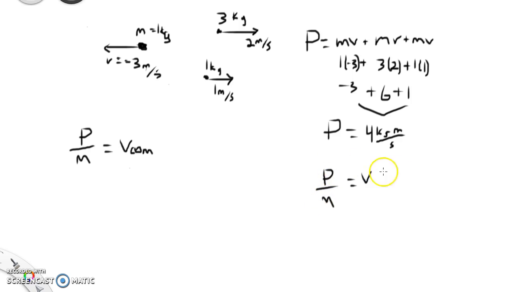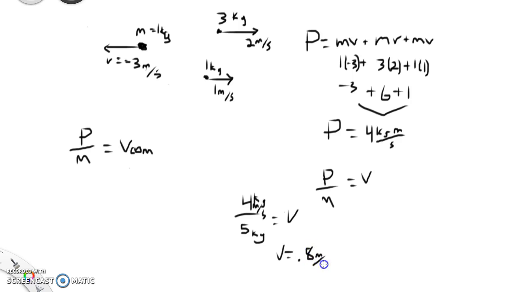And so that's going to be 4 divided by 3 plus 1 plus 1, or 5 kilograms. And these are kilogram meters per second on top. And so if we divide by all that, for velocity, we get the velocity of the center of mass is about 0.8